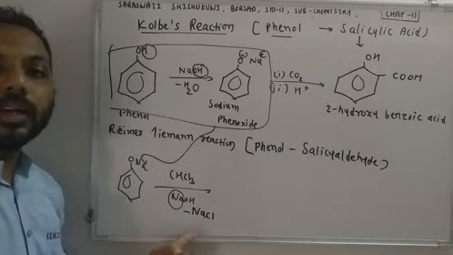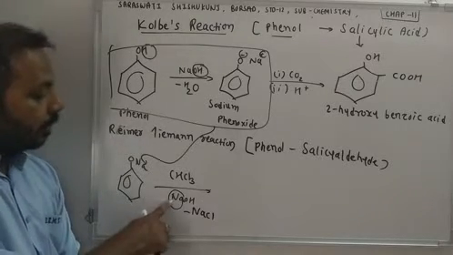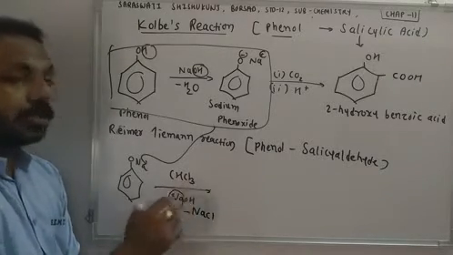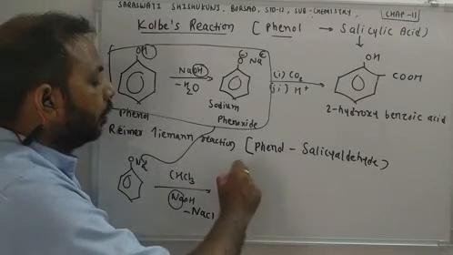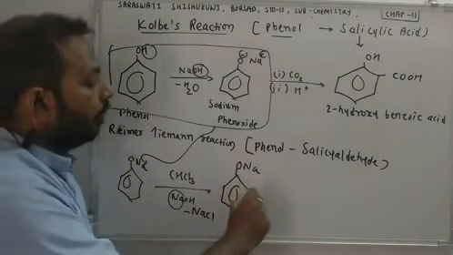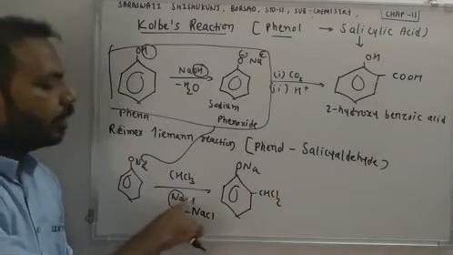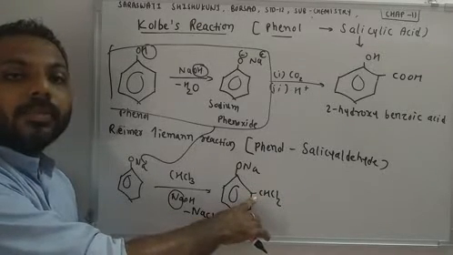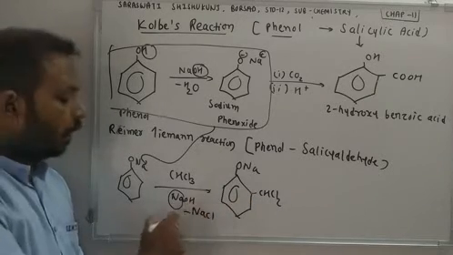It will form NaCl. This kind of product is not given in the textbook, so please pay attention here. Na plus will react with Cl minus and form NaCl. What is left? CCl2 is left. Now we have sodium phenoxide, and this CCl2 will be added here. Now you may wonder what is happening to OH minus. If CCl2 is added here, there will be replacement of H plus. So H plus will be released, and this H plus and this OH minus will form H2O.